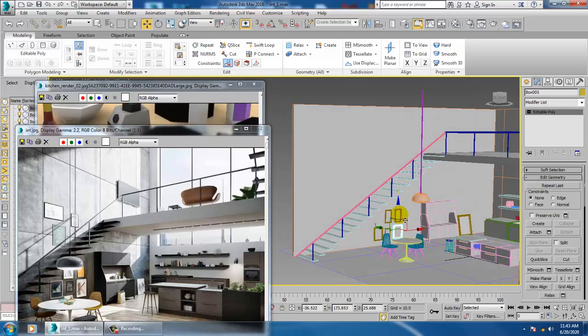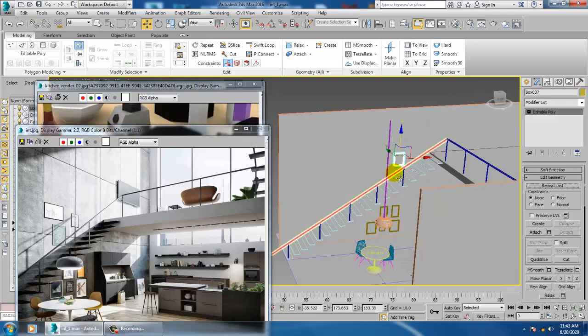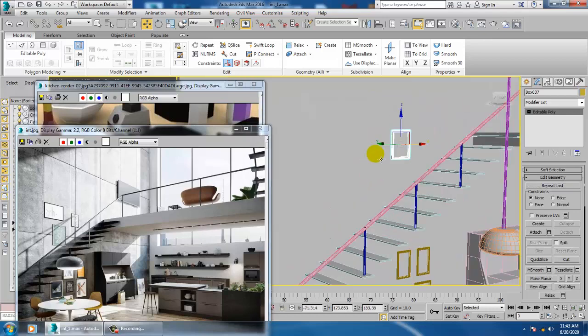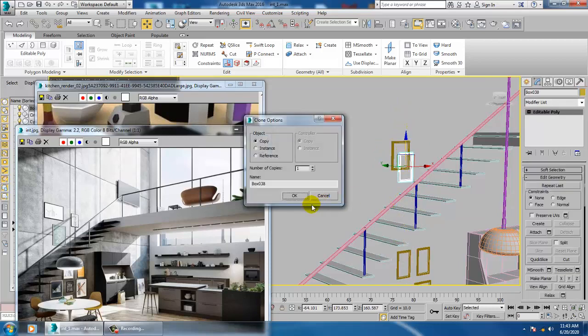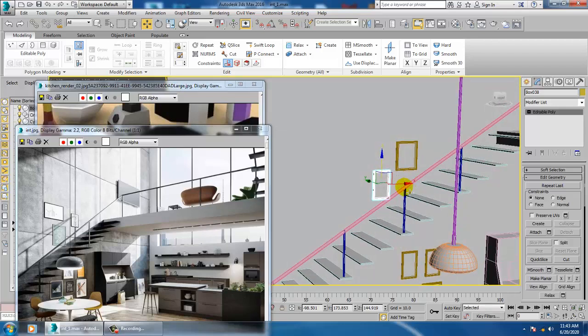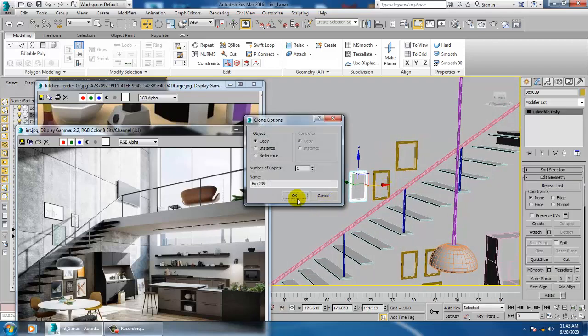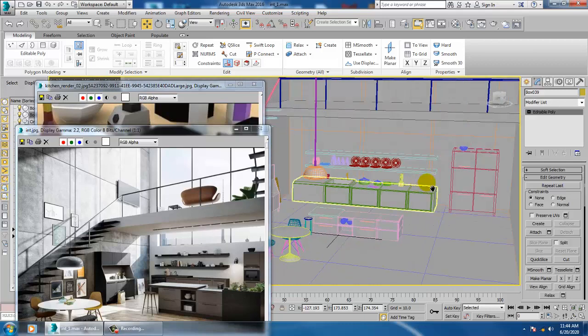So we'll just drag this and we'll put this frame over here. One frame, copy it again, and again drag this over here. Push this over here, copy it. That's it. So just save your file.